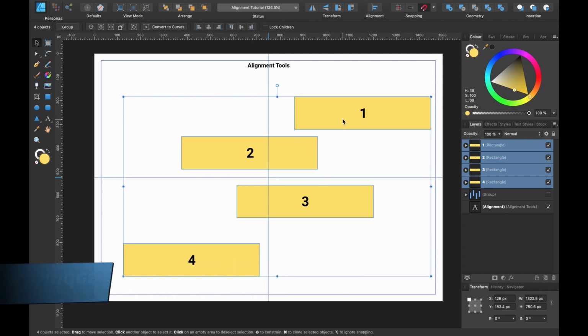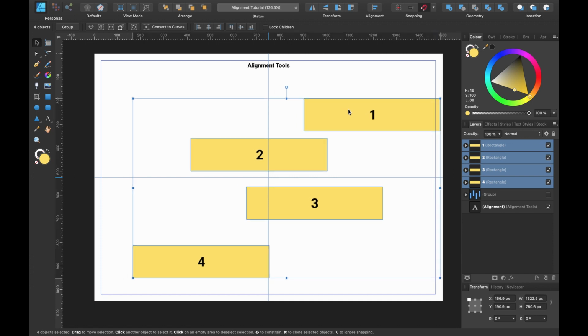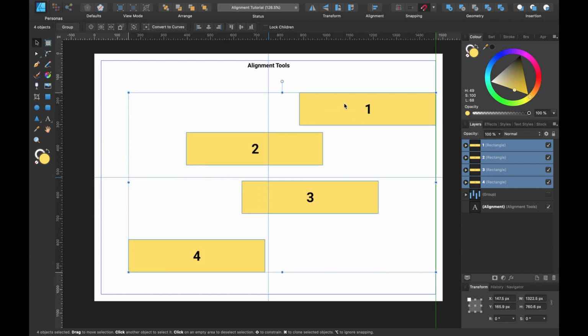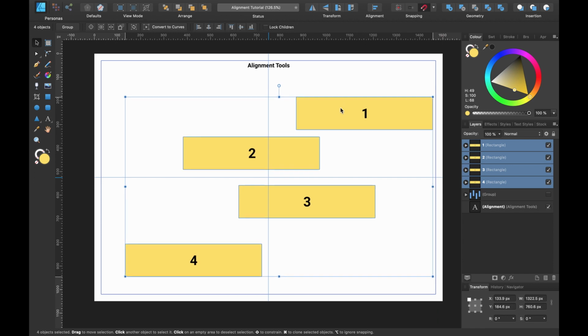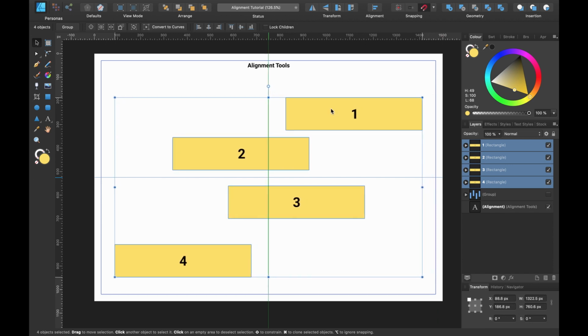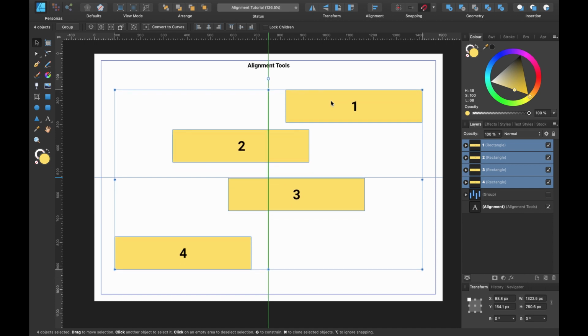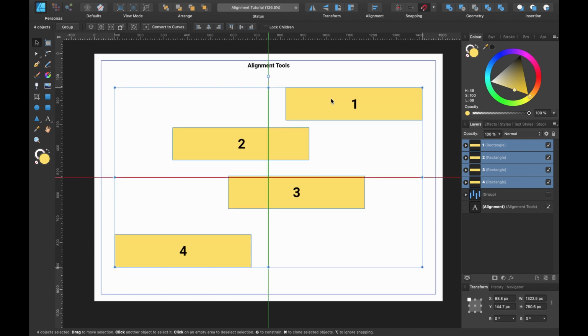If you have a group of shapes and you want to center them, you can select them all in the layers panel, and you can simply click and drag the shapes around. So let's go for the vertical one first. If I drag it across, you can see the vertical line has turned green, which means they're now vertically centered. And if I click and drag up, you'll now see a red line going horizontally. Now our shapes are centered vertically and horizontally.